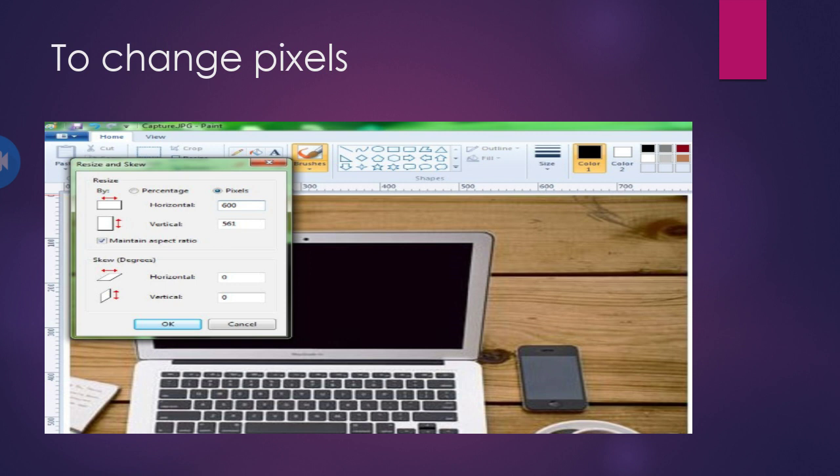So you can do one thing: click on Resize, then click on Pixels and change the pixel value. It will enlarge your image. So save your image. When your image is enlarged, it becomes easy to select the coordinates. By this way you can change the size of the image before applying mapping.